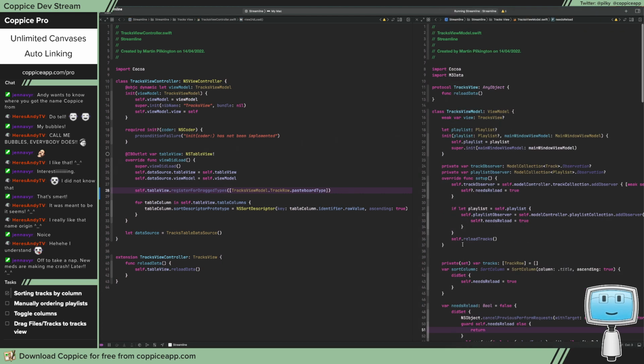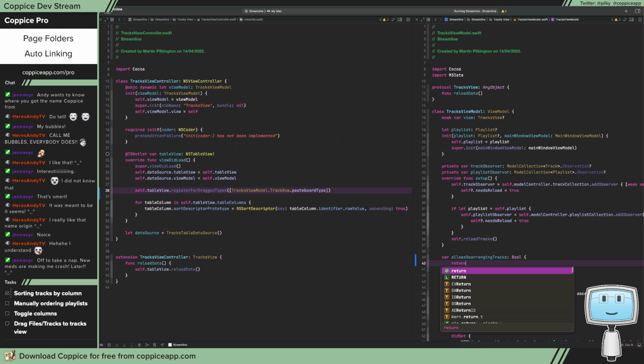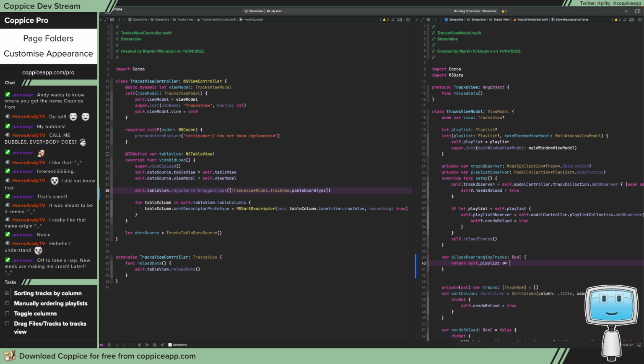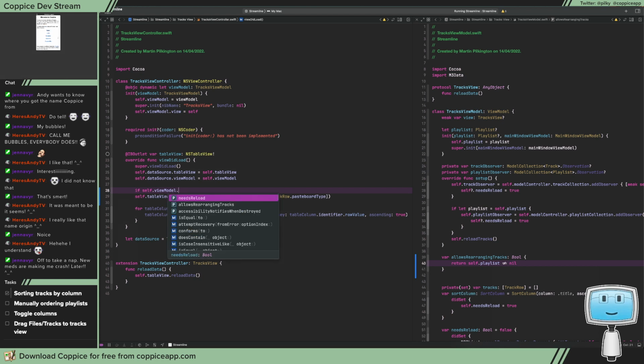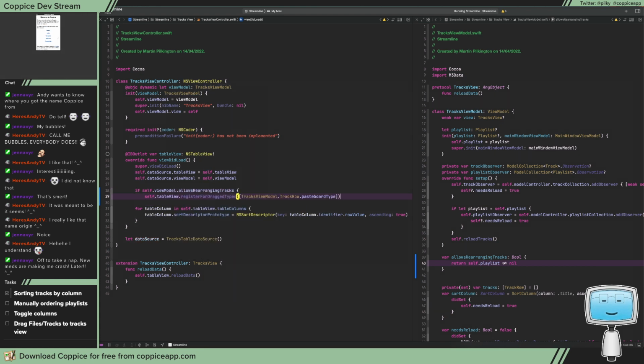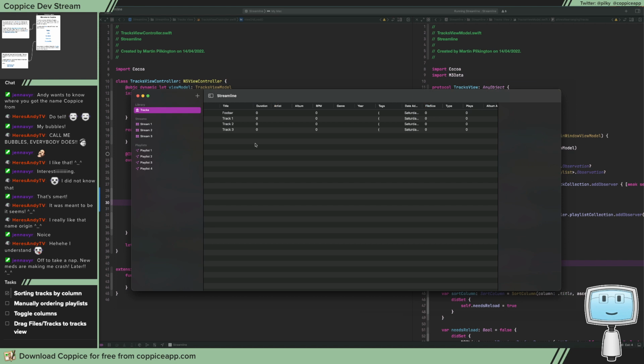if not of place. So what we want to have is var allowsRearrangingTracks, which is going to return self.playlist is not equal to nil. And we're only going to register for drag types if self.viewModel.allowsRearrangingTracks. So that is now going to disable it here. So now,